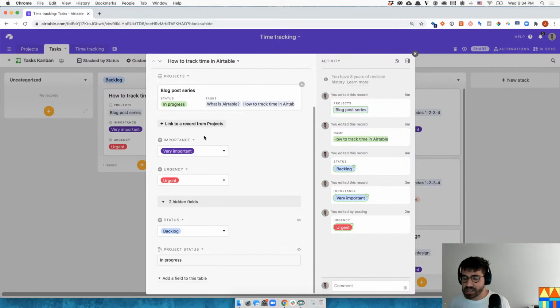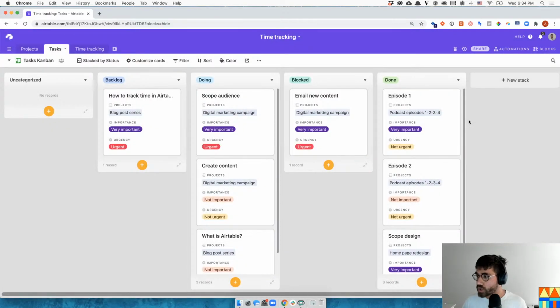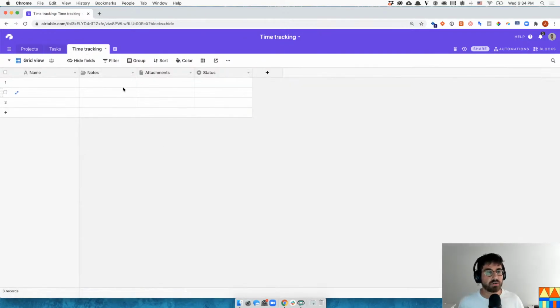And how I think of my day is I come into work, let's say at 9 a.m. and I finish at 6 p.m. or whenever I finish. I want to be able to map those specific time slots to a specific task. And the reason is that I like being able to say I spent 4 hours on this, I spent 8 hours on this. And I like being able to map those not only to the work I'm doing, but what type of work. Is it a meeting? Is it deep work? And things like that. So we're going to start creating a time tracking table